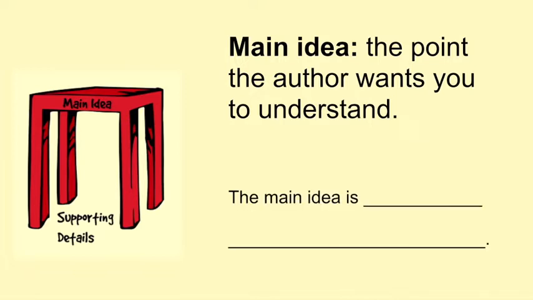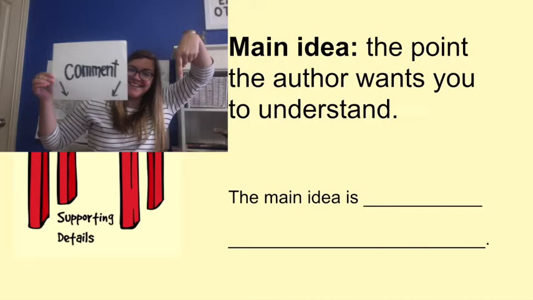So you are going to write a main idea sentence in the comments. So I want you to think back to the text. You can rewind the video if you need to go back and reread some of it. And think about, what was the author trying to tell me? What did the author of this article want me to know? That would be your main idea. Then you're going to write, using this sentence stem if you want, the main idea is, and you can tell me the main idea after that. So write that below in the comments.